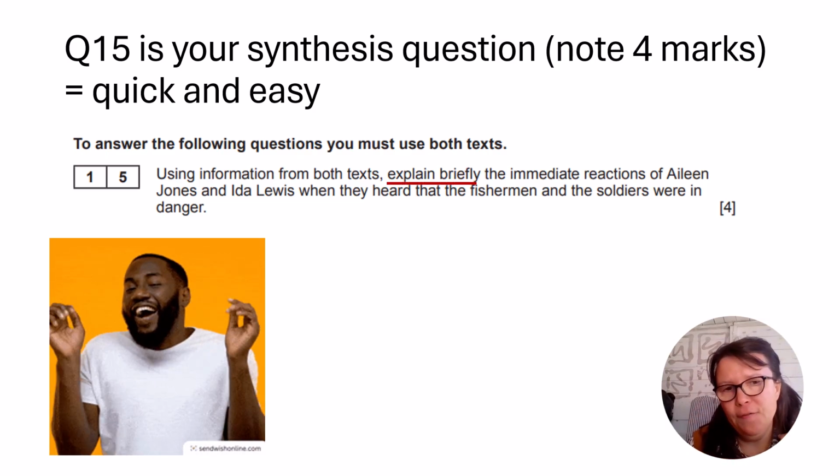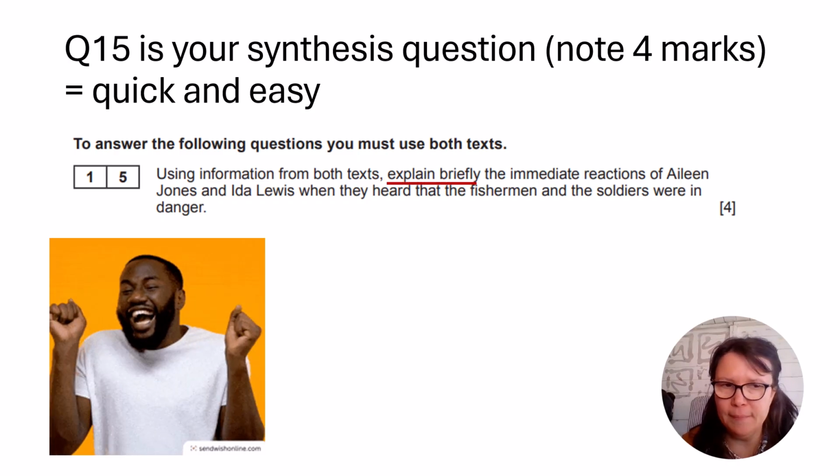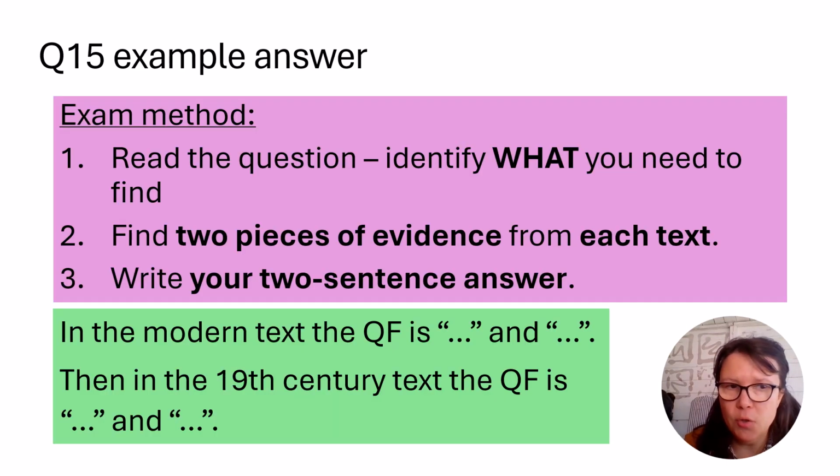The explain briefly is a little bit of a red herring. So you're going to read the question and identify exactly what it is that you're needing to find. It will always be a piece of concrete information. And then you're going to find those two pieces of evidence from each text. So your 4 marks are essentially for your 4 short quotations, and you write it up as this 2-sentence answer